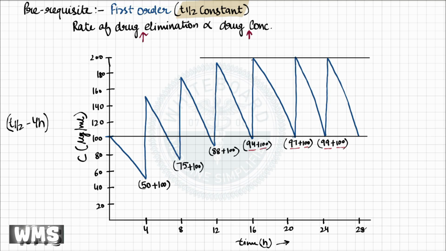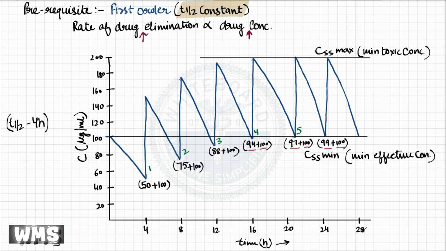From the graph, it becomes very clear that it takes about 1, 2, 3, 4, 5, so about 4 to 5 half-lives to reach this steady state. At steady state, the peak concentration represents CSS max, and the trough concentration represents CSS min. Clinically, our goal is to maintain the plasma drug levels above the minimum effective concentration and below the minimum toxic concentration. The area between these two limits is called the